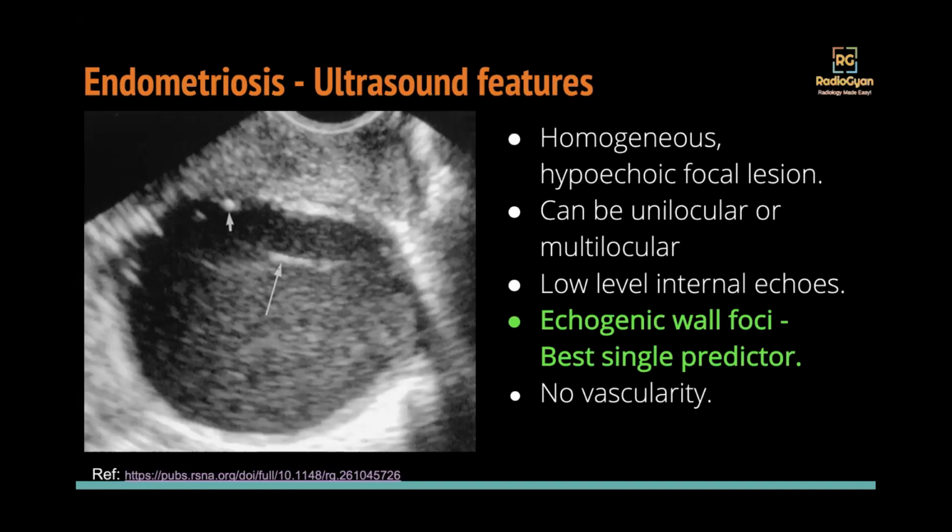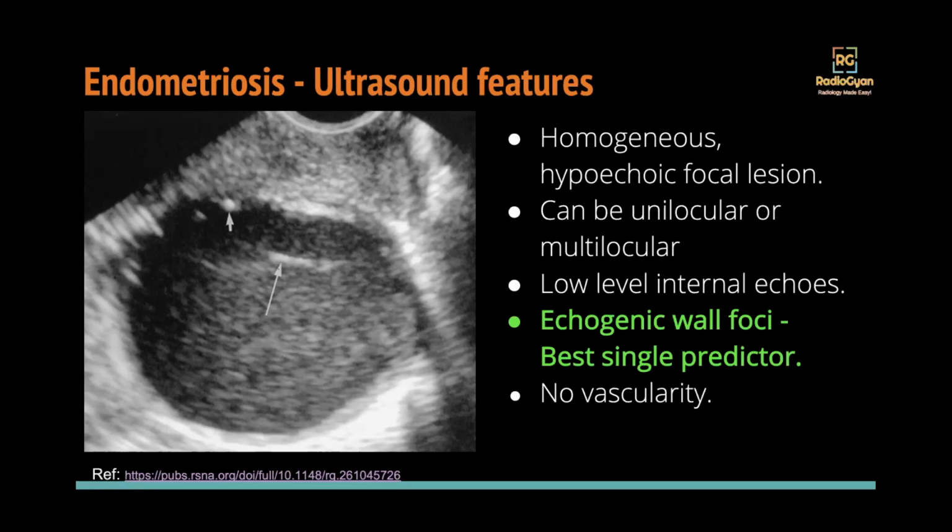Like in case you get a case of endometriosis in your exams, that is the word you have to use, that it's low level internal echoes. Okay, and then the next thing that you have to look out for while you're doing the ultrasound are these echogenic wall foci. So what happens is that you see these pinpoint echogenic foci in the wall. These are thought to be cholesterol deposits, but they can be due to multiple factors. They can be due to chronic blood products, but these are very specific for